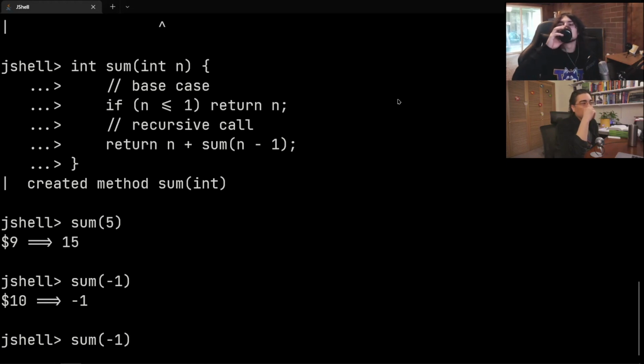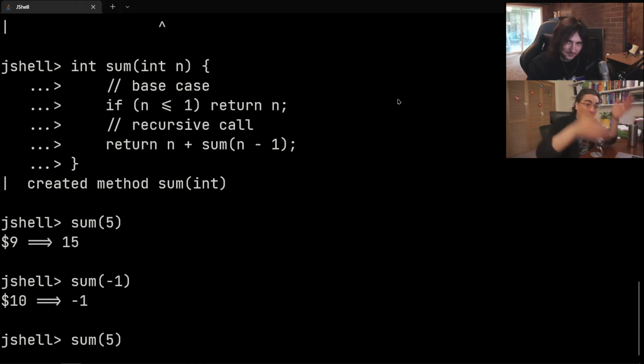is you're taking, so we want to find the sum of all the numbers starting with 5. That's kind of a big problem. So what we can do is, actually, it's really just 5 plus the sum of 4, the rest of them. When we look at 4, we can say that's really just 4 plus 3, 2, 1. And then we look at that and say, well, the sum of 3, 2, 1 is just 3 plus 2 plus 1, and then 2 plus 1, and then finally we get to that base case,